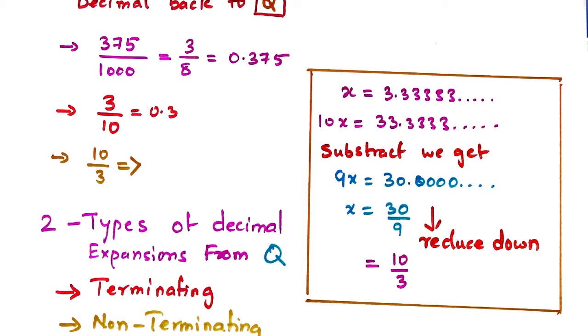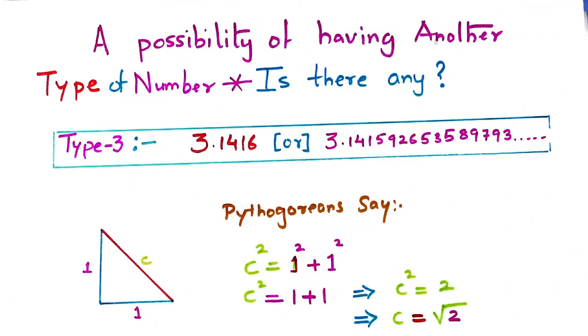So, do we have anything else on the number line, or could we have another type of number that the number line doesn't consist of, or maybe it consists but we cannot have it in this form? Let's see in this next concept,